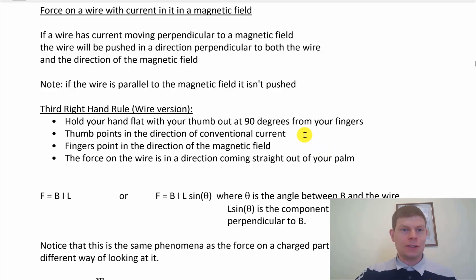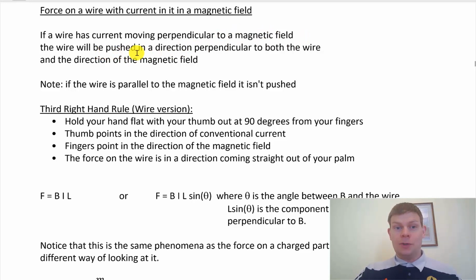Hello, hello. Let's do force on a wire with current in it in a magnetic field. Now, this is basically the same idea as the charged particle in a magnetic field, but now you've got a wire full of moving charged particles. So you calculate it a little bit differently, but the idea is exactly the same. If you've got a wire with current moving in it perpendicular to a magnetic field,